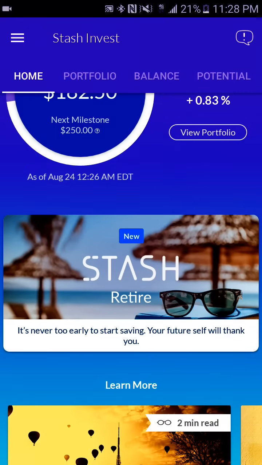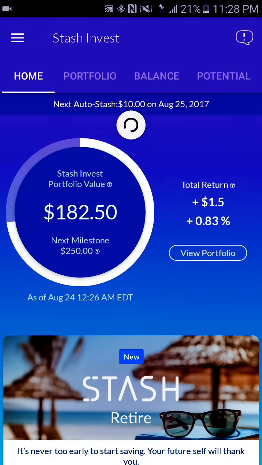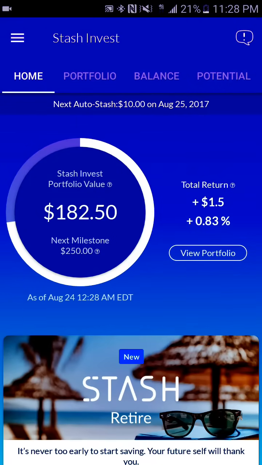On the home screen, you can see below, actually, let me go up. Towards the top, you can see right there where it says next auto stash amount. Each week or anytime you set up auto stash direct deposit from your bank account, it will let you know when that next deposit is coming and the date. So if you need to make any changes, you'll know right in advance that this is when the next stash